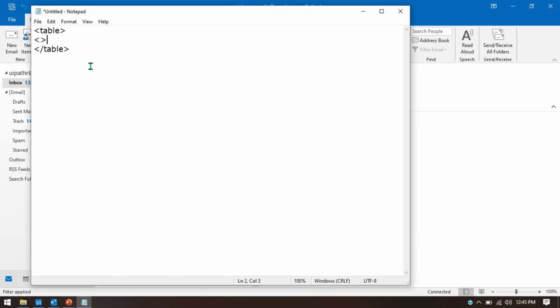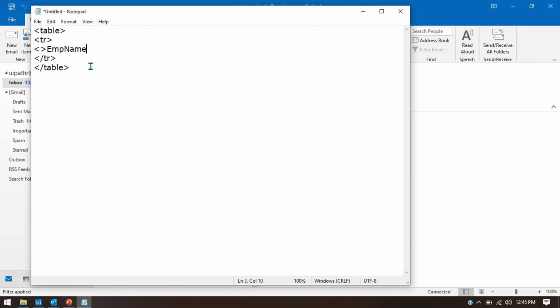So for that, to add a row, I'm going to tell you a little bit of HTML also. To add a row we have to write tr, it means table row, and this should also be closed with a tr tag. Now we have written this tr tag, it means it will create one row. Now we need to split this row into two or three columns. It means we have to write the data in this row. So first data will be our